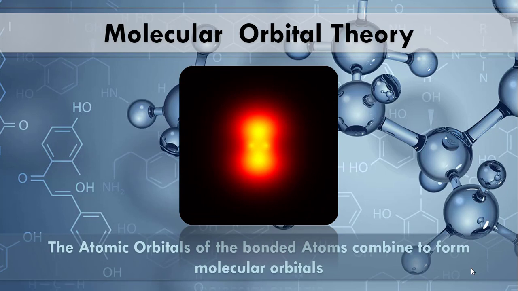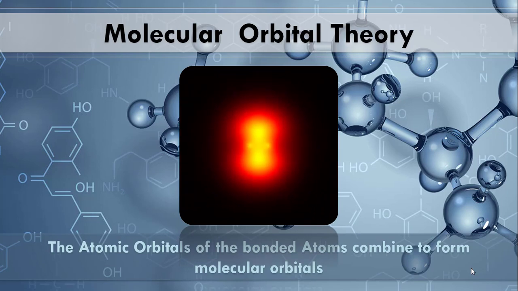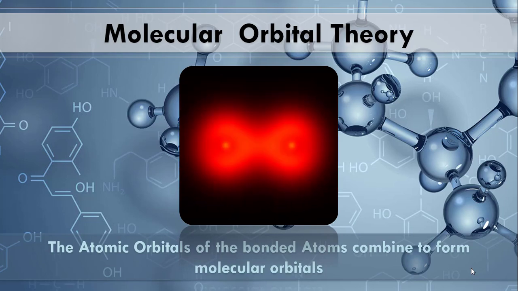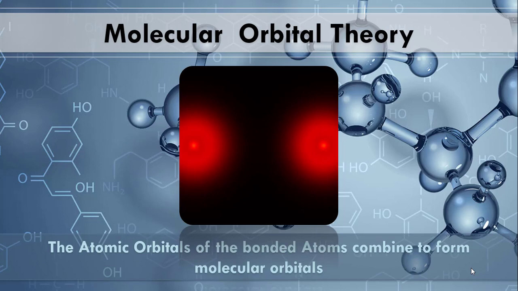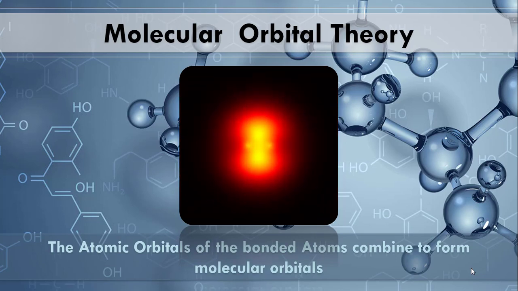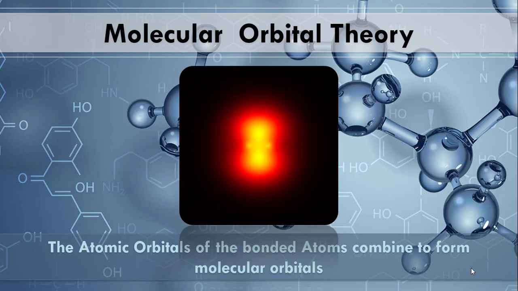So here we can see the picture. In this picture, the two atomic orbitals are approaching each other and combining, and the two atoms are completely merging together, not just overlapping, not just a partial overlapping, just like in valence bond theory. But in the molecular orbital theory, they completely turn into one molecule. The two atoms of either same elements or different elements will be turned into one molecule, one entity, they are